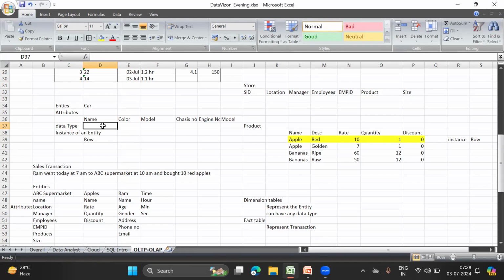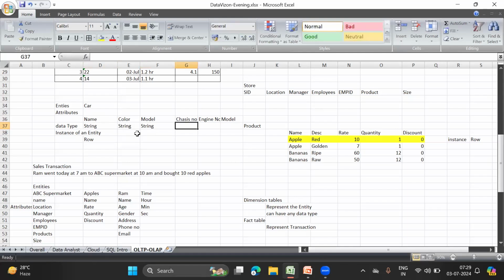For example, the names are strings, right? So we are going to have names like alphabets, and we usually do not have numbers in our names. For example, we are not kids of Elon Musk, so we are going to have proper names, right? Not taking that extreme example. So here you can see that we are going to store string information in the name. The color is again a string. What is the model of a car? So this is a car. Then the model is again string information.